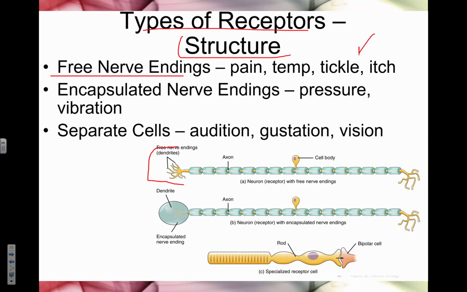Tickle and itch might be things you don't really think about, like why would we want to know if we're being tickled or itched quickly. There's a really interesting thing to think about, and it's parasites, right? Like those little bugs that crawl all over your body and make you itch, like lice and bed bugs, and ticks and spiders.